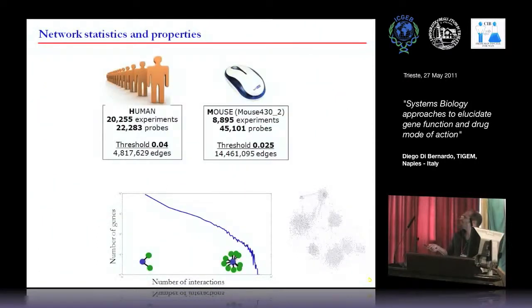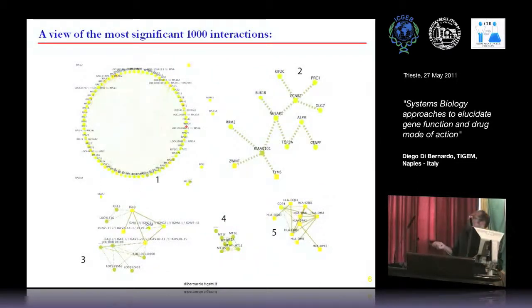So just to give you an idea, we used the microarrays for human that contain 20,000 transcripts, and we used 20,000 different microarrays in human, and we came out with 5 million of these lines, of this association among these 20,000 transcripts. And we did a similar work in mouse, where we used the 10,000 gene expression profiles covering 45,000 different transcript probes. So to give you an idea of what comes out, if you plot the top 1,000 strongest interactions